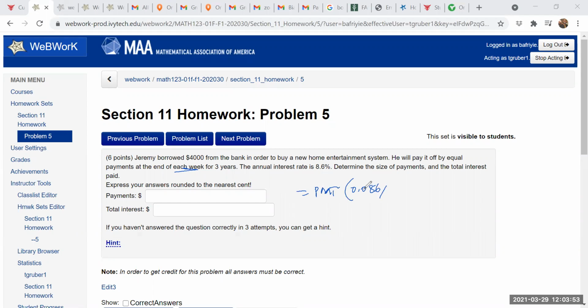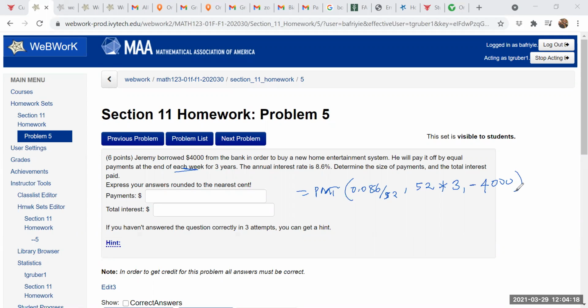Now you have to divide this by the number of weeks in a year. Is that okay? And now 52, because there are 52 weeks in a year. Now you multiply that by 3, and then minus how much Jeremy borrowed, and that will give you the payment